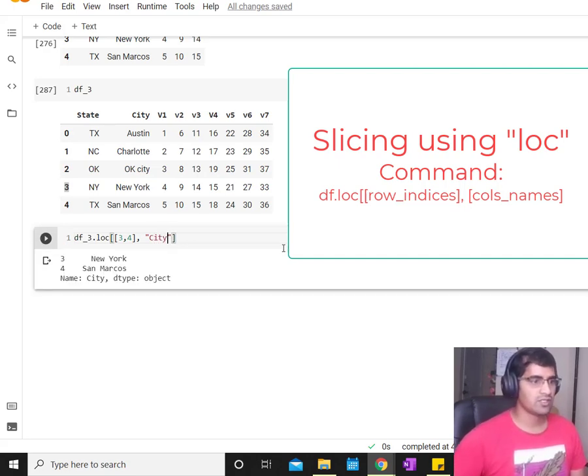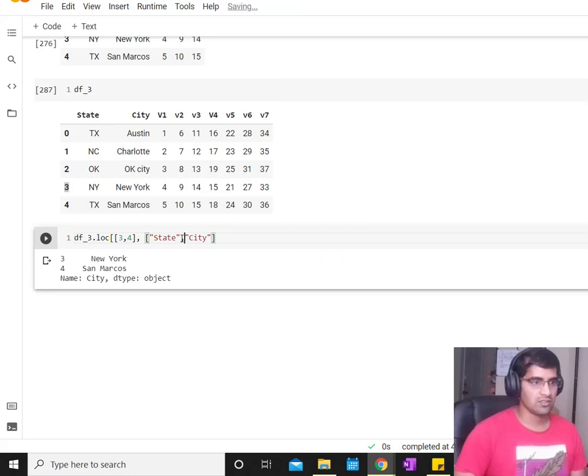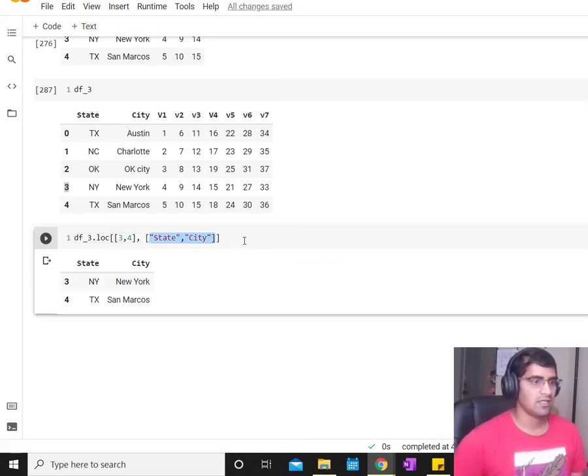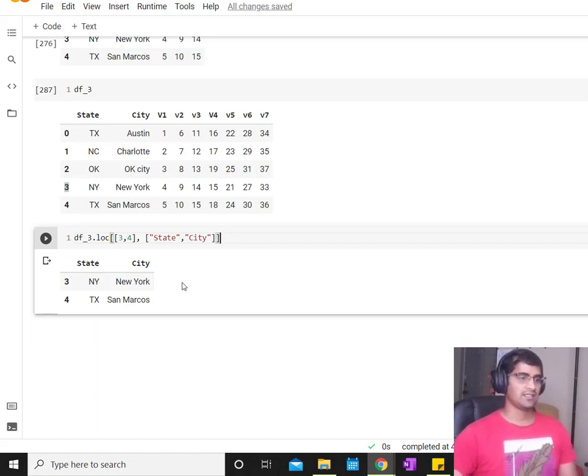Then press Ctrl Enter. You see 3 and 4 have these cities, but if you are interested to find out the states as well, then you have to put them within another third bracket here.